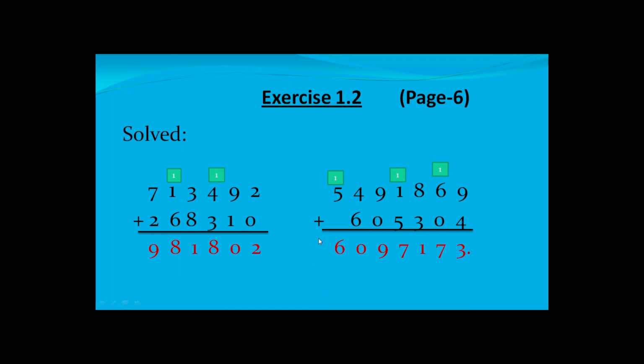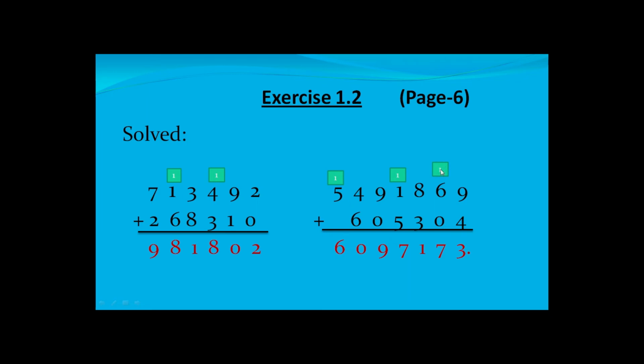Okay, my dear students, here are the answers. You can see 9 plus 4, when you add 9 and 4, it becomes 13. And you know that 13 is a 2-digit value. So we will put 3 over here, ones place should be here, and the tens place value will move on the upside of the second value. So 1 and 3, 13.